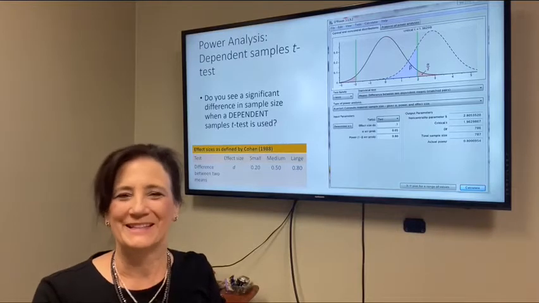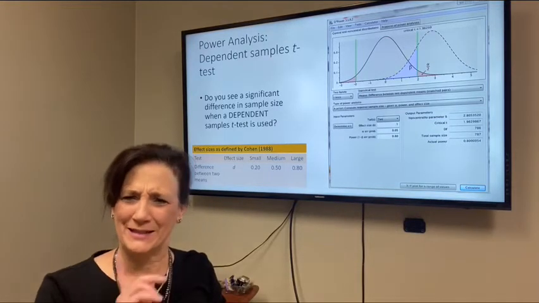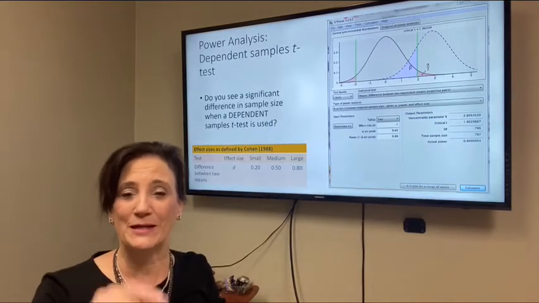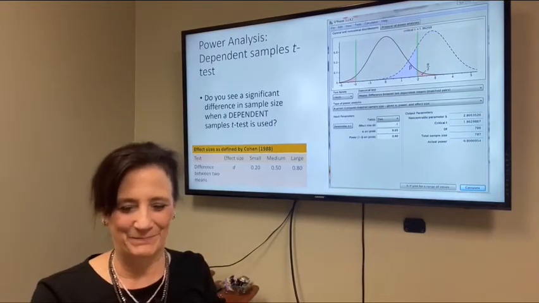Did I say that right? Every now and then I say these words and I'm like, did I say the right words in the right order? A small effect size is always going to equate to a larger sample size needed. Okay,